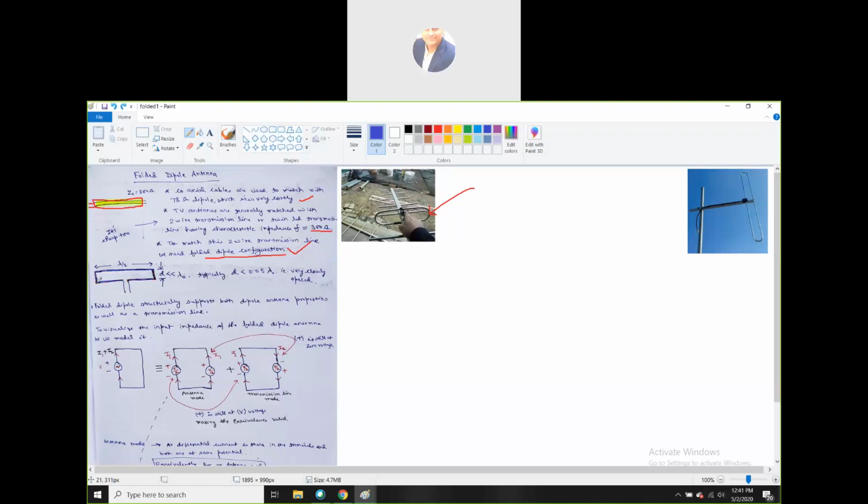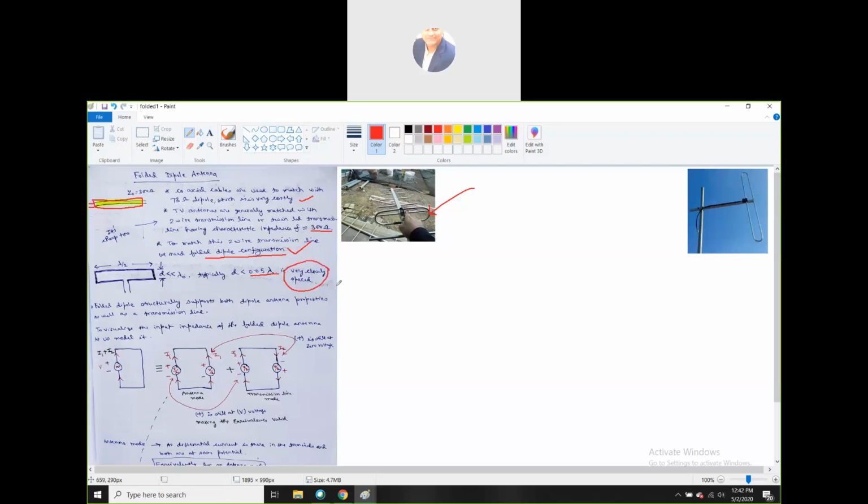Now regarding the configuration, regarding the length. This length is the same as this length, which is lambda by 2, half wavelength, as we have taken in case of Yagi. It's the same. And this spacing d is very small. The condition is that d should be very small compared to lambda naught. Practically it is almost negligible, and you should neglect it for the mathematical calculation coming next, and it is very closely spaced, as I told you.